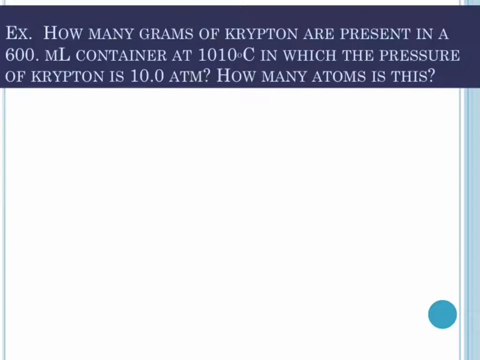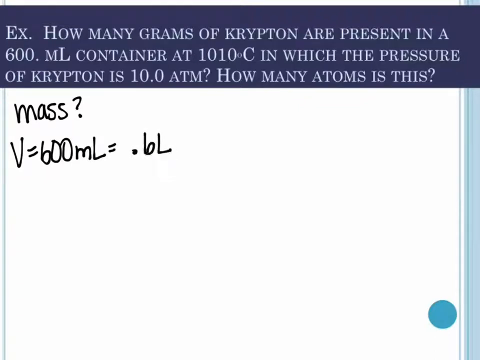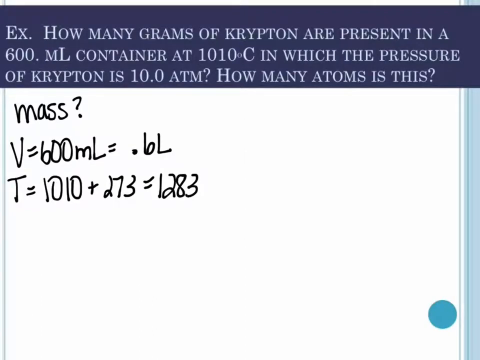Now, this next one says how many grams of krypton. So we are looking for mass. Are present in a 600 milliliter container. So my volume is 600 milliliters, but it needs to be in liters. So it's 0.6. The temperature is 1010. And add 273. So we get 1283. And the pressure is 10